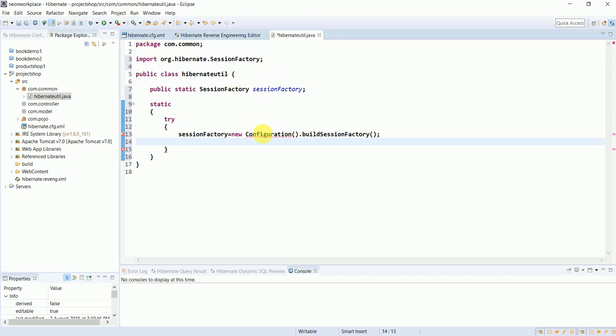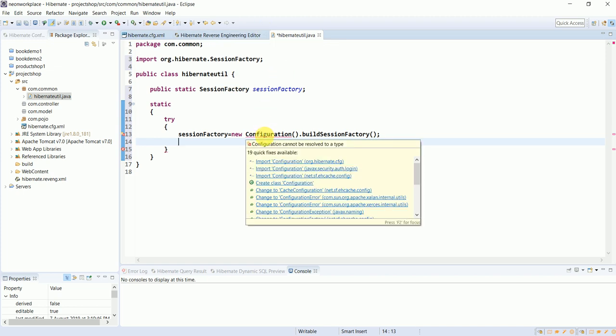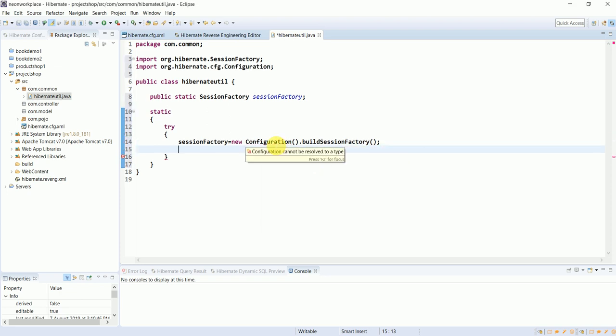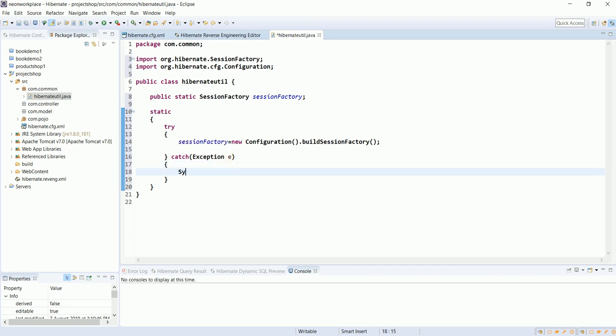Again, click your arrow on this configuration and you can import this configuration org hibernate. Okay, after this the try block is over. You will be writing here after the try block, catch any exception which will be creating. This is a try catch exception. Again, open the catch brackets and write